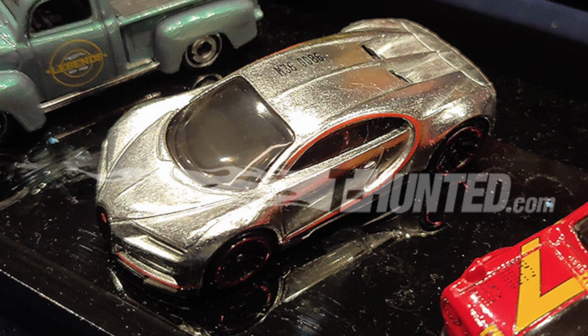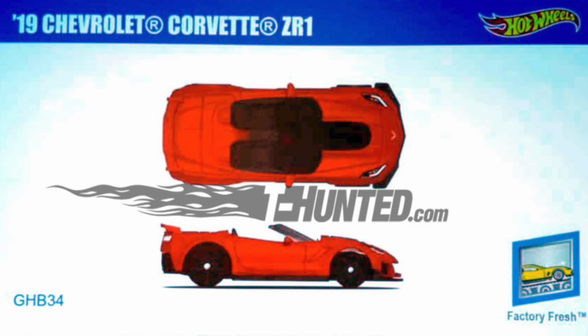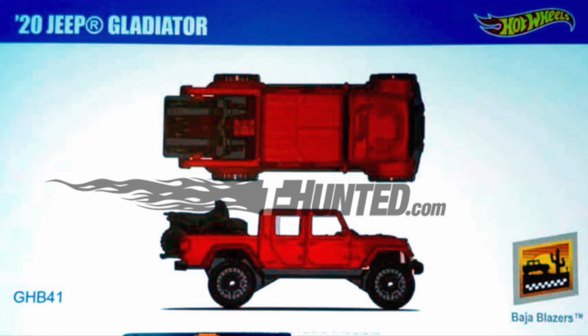The 2019 Hot Wheels LA convention just wrapped up and Mattel announced a ton of new mainlines, premium cars, new sets, and RLC releases. Let's go over every single one of them. For mainlines, we have the 89 Porsche 944 Turbo from a new Porsche series. We have the 2019 Chevrolet Corvette ZR1 from the Factory Fresh series, the 2020 Jeep Gladiator from the Baja Blazers